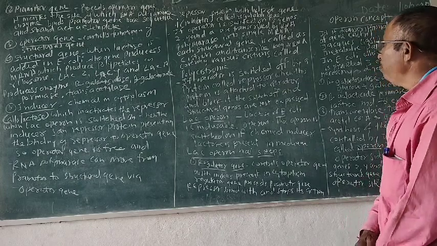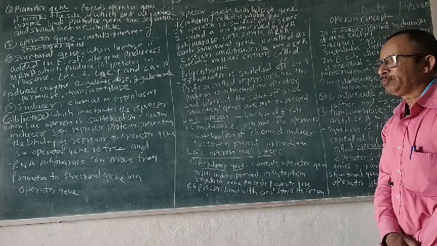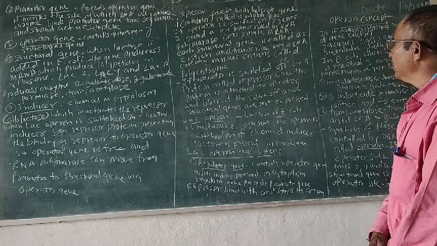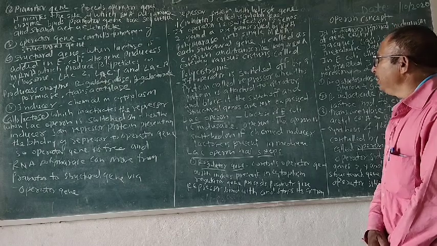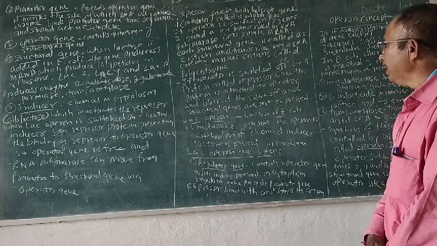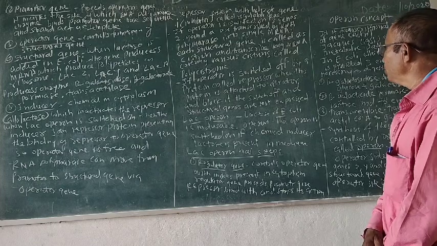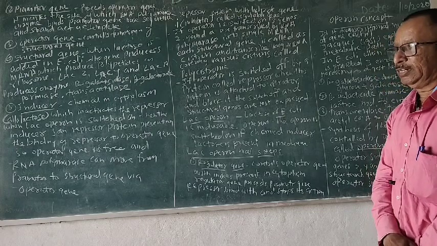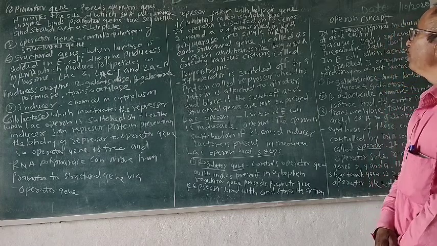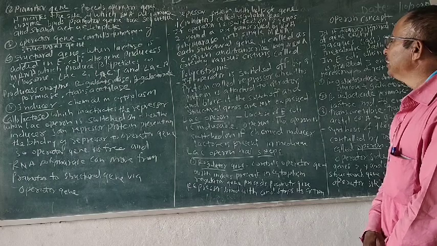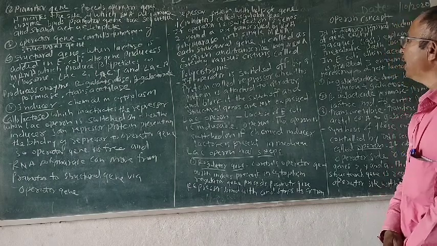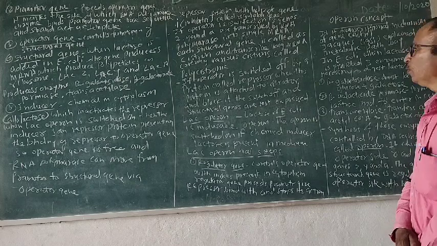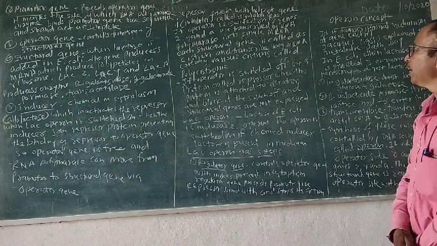Polycistronic condition. If the operator is switched off by a protein called the repressor, when this protein is attached to the operator and blocks it, the structural genes are not expressed. What is the condition when the operator is switched on? The three genes Z, Y and A are transcribed by RNA polymerase into a single mRNA, and each structural gene is called a cistron, where